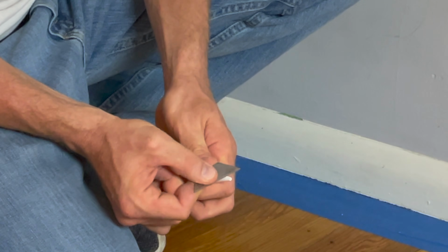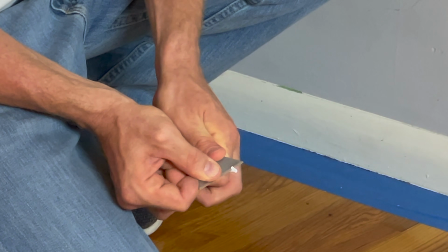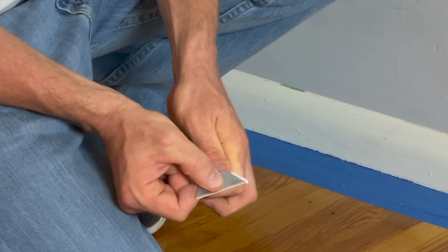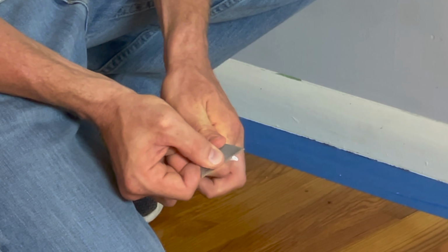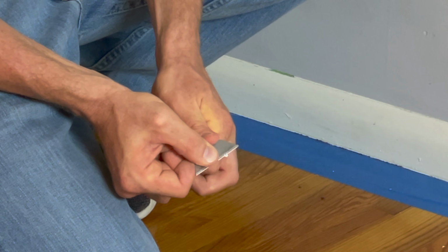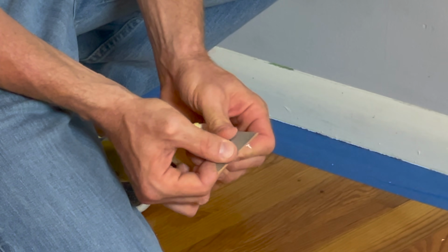So what I do is I take a razor blade, and I'm just going to shave this tip down until I just start to see the hole up here. I'm going to get just a tiny bit more off until I get that. And then I'm going to take the edges, I'm going to shave them down just a little bit too